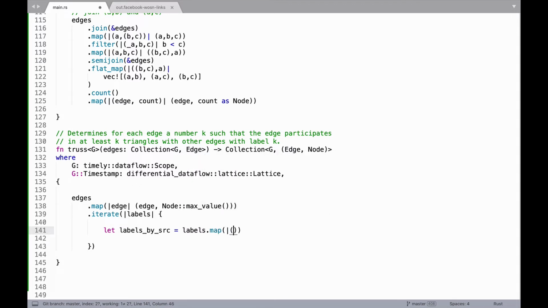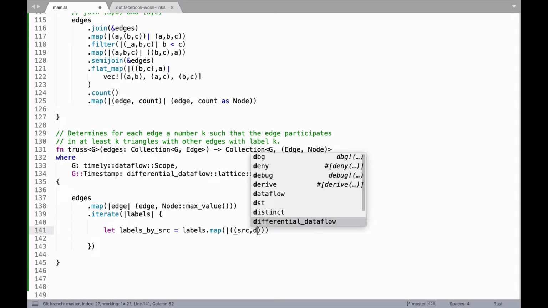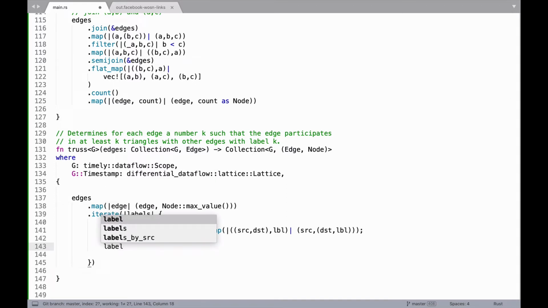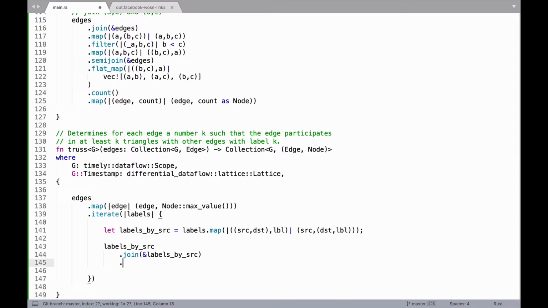It's currently source comma dist comma label, and we want to make that a bit more like source, then dist comma label, so that we can join them together. So for example, let's do labels by source dot join labels by source, which is going to produce a thing